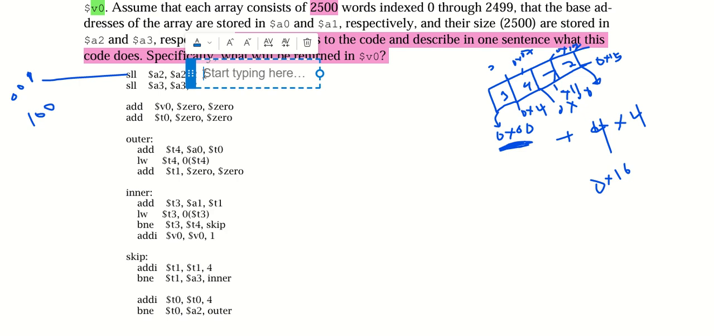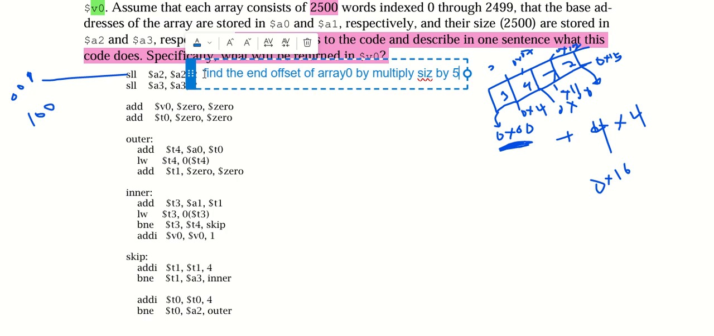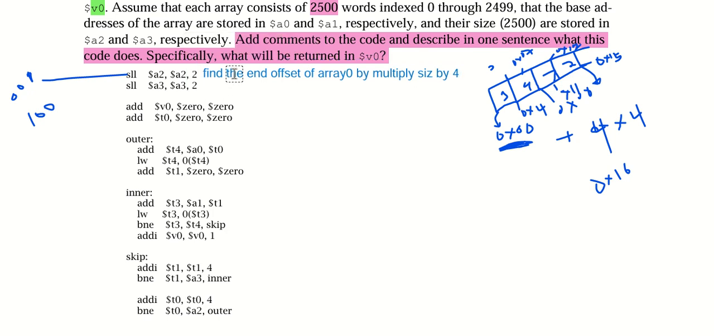So we are going to say find the end offset of array 0 by multiplying size by 4, right? And that's the same thing for the second part as well. Find the end offset of array 1 by multiplying the size by 4. Yes. Now that's it. So for the first two lines, it's actually just to find the end of the array,